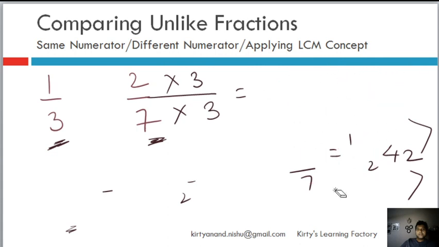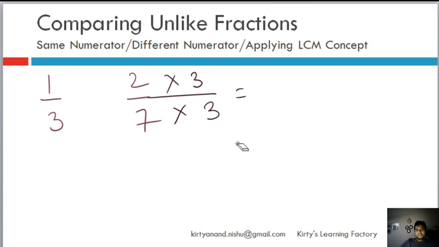Now if you remember, I also talked about what happens when the numerator is the same, then obviously the smaller denominator gives the larger value, because it is dividing, so the quotient will be larger. So you can also argue, why don't we find the LCM of the numerators and do it that way? Yes, we can do that. We can find the LCM of the numerators and make the numerators equal while creating equivalent fractions. So let's do that as well.